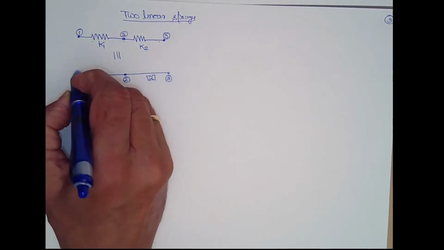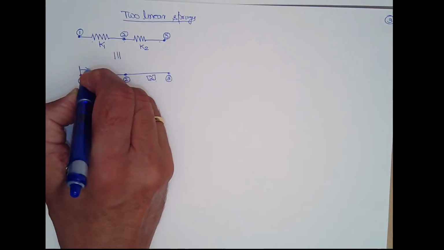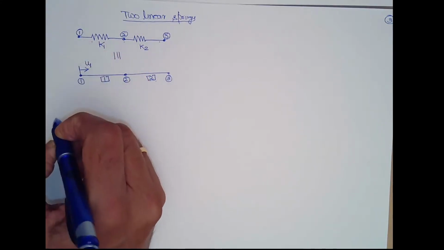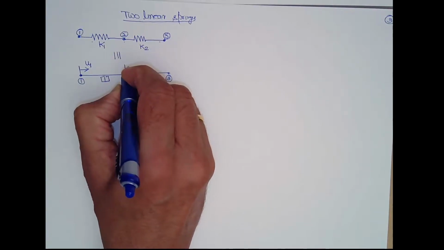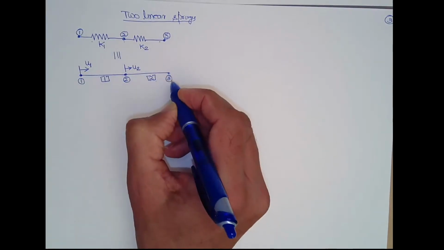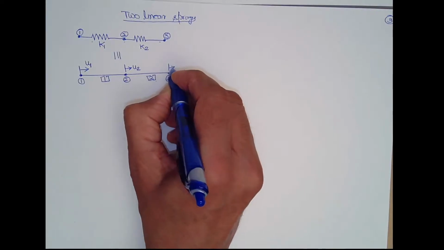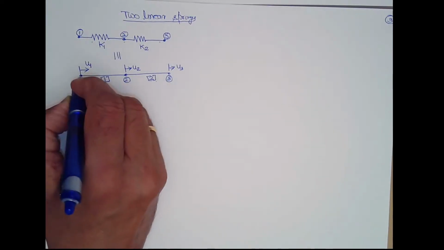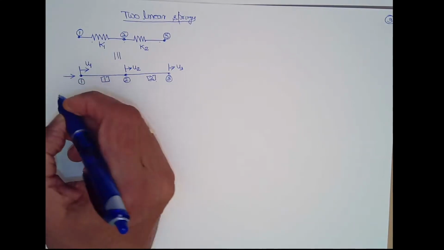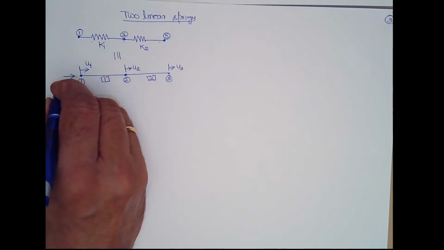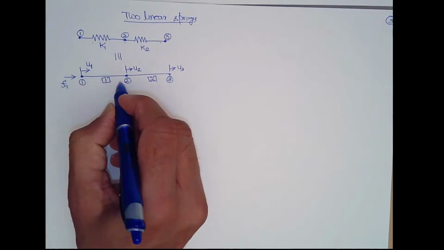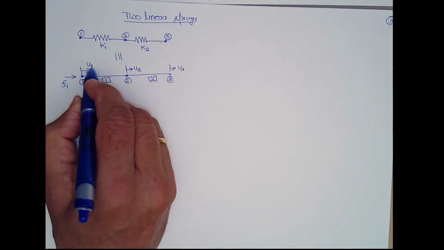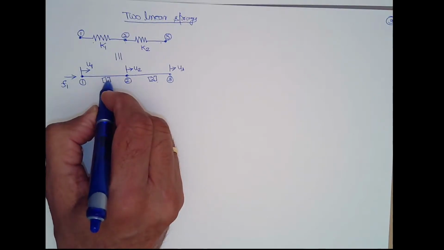So node 1 will have a local deformation u1. Node 2 will have a local deformation of u2. Node 3 will have a local deformation of u3. Node 1 will have a nodal force F1, and if you have more number of elements, we need to identify which element a deformation relates to. So I do it this way: